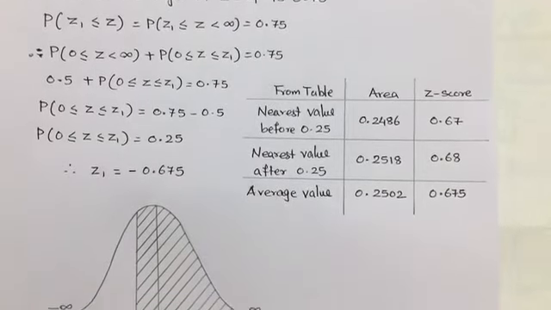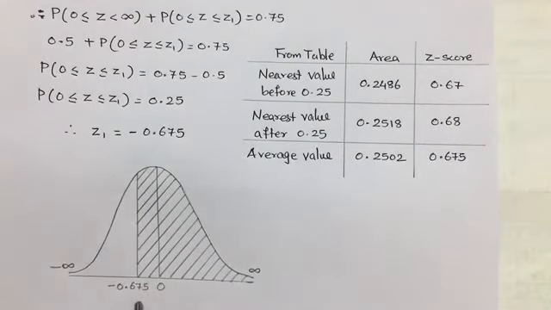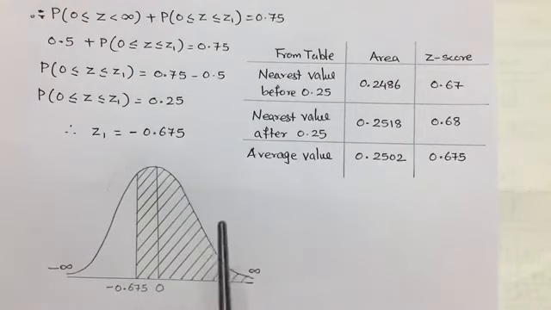Now taking up the bell-shaped graph representing the area, the bell-shaped graph is drawn, minus infinity and infinity are kept. Minus 0.675 will lie towards the negative side of 0, that is towards the left, and we already know that positive infinity is given, towards the right. Hence, minus 0.675's right side is completely shaded till infinity. So this is how the bell-shaped graph is drawn.